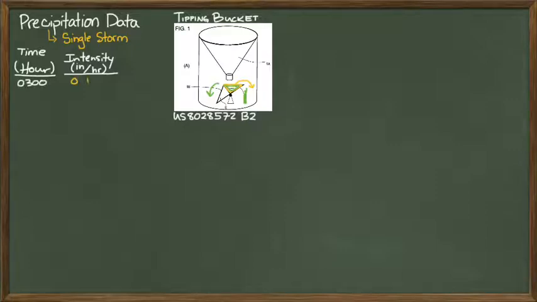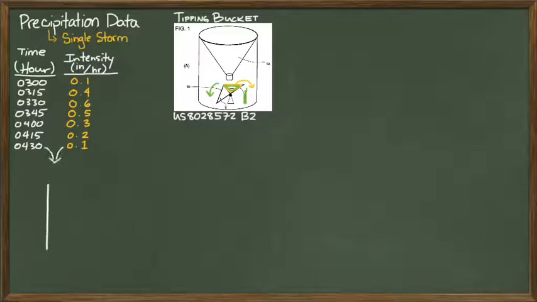So you'll get a storm event that starts at 3 in the morning. It'll measure the intensity in 0.1 inches an hour and 0.4 inches an hour, and it'll just keep on measuring every so many intervals. It will log what is the intensity over that time slot, and I think that is adjustable, so that by the time your storm is done, you'll have this table of data that represents the whole event.